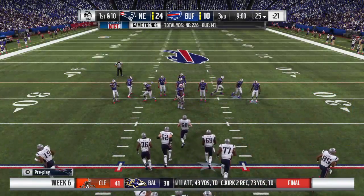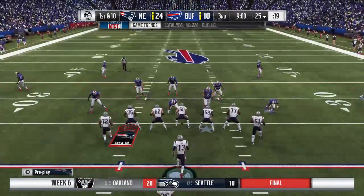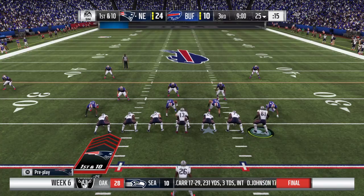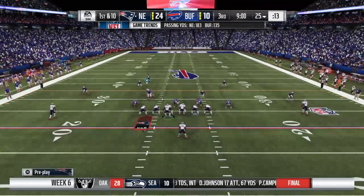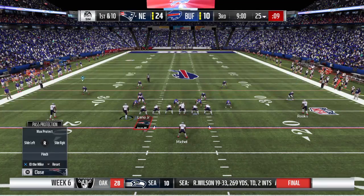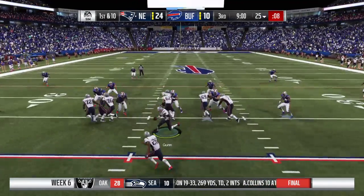Out comes the New England offense to see what they can do this time. This is sort of what you would call a put-away drive, isn't it? They score here, especially a touchdown. It's almost out of reach. It certainly feels that way, and I think that they're going to call their plays accordingly, because what you really